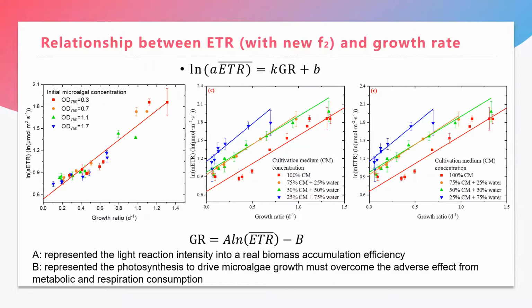These above phenomena proved that the average state of nutrition and light exposure of microalgae caused all the microalgae cultured in the same state to share the same set of slope and intercept, reflecting the linear relationship between photosynthesis and growth rate throughout the whole growth cycle. So the growth rate at a certain moment could be calculated by substituting the modified ETR at that moment into this formula.